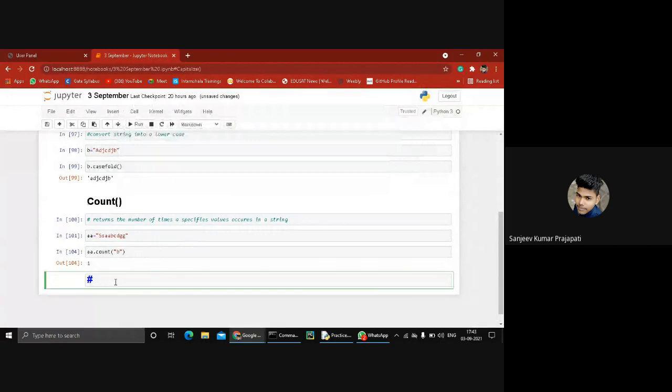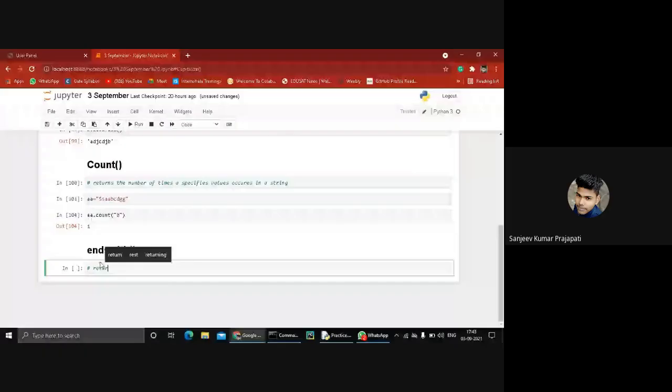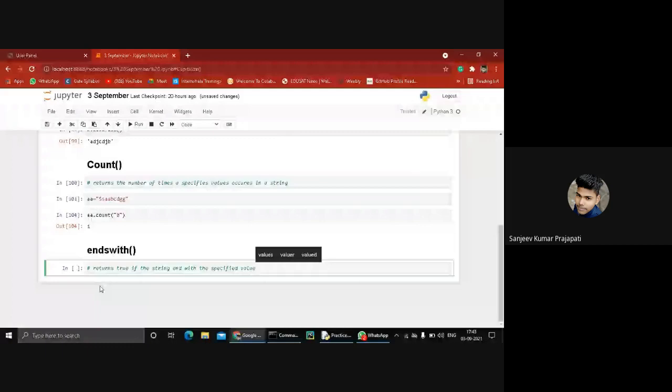So the next function is endswith. The endswith function returns true if the string ends with the specified value.